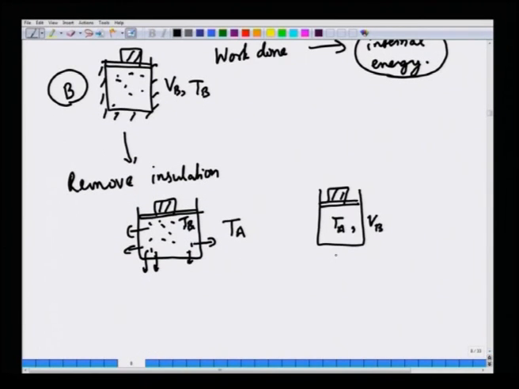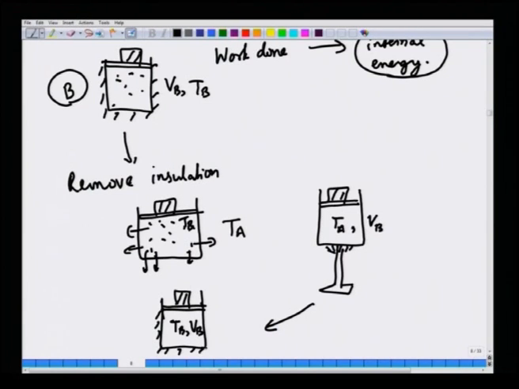Now imagine heating the system using a burner such that you have provided enough energy so that eventually you have reached a state where you have temperature Tb and again volume Vb. Now once you have reached temperature Tb, you can insulate the system, and this will be identical to the